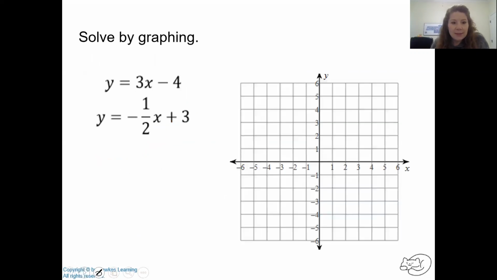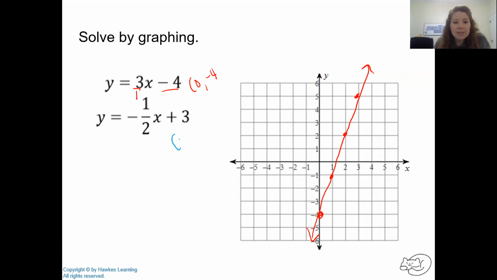All right, the next one, we're going to start with our y-intercept, which is 0, -4. And our rise is 3, so 3 over 1, correct? Rise 3, up 3, right 1, up 3, right 1, up 3, right 1. There we go. And then the bottom one,